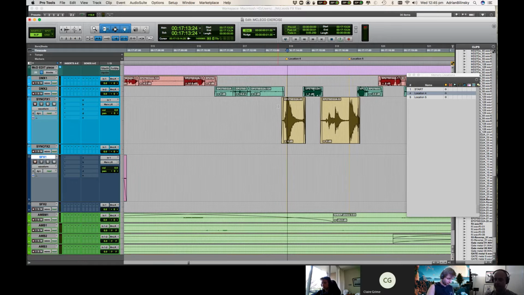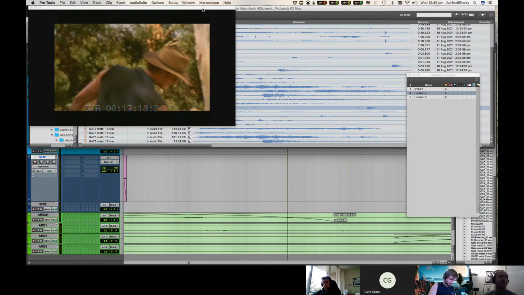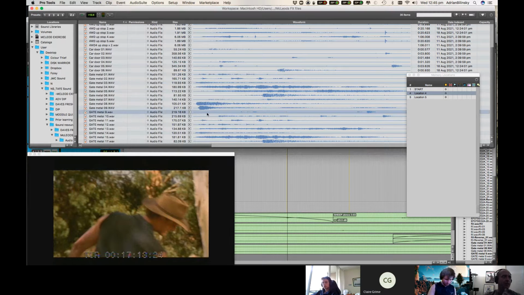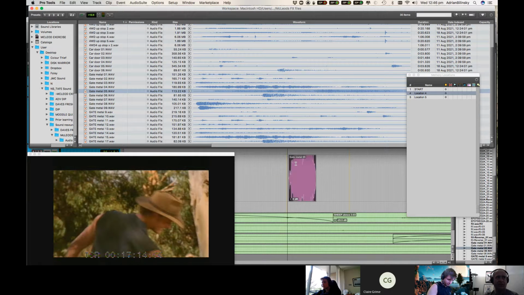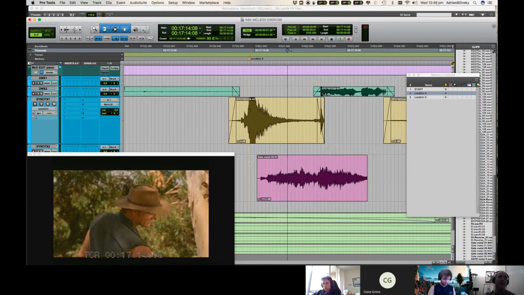Now let's have a little bit of a look at this one here. Yep, that's definitely the gate opening again. So let's find another one. What did we use last time? This one, I think. All right, what do we got? Use that one. This one, just because it's different. The other one sounds a little bit too much like hollow metal drawers to me, so I'm just going to have a look at this one. It sounds a little bit slidey for my liking, but let's